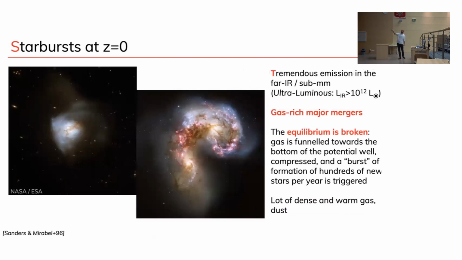In the local universe, you saw already this picture, just rotated in a different way. This is another one. Basically, all the local starbursts, strongly star-forming galaxies, come out of gas-rich mergers. They're very bright in the infrared. They're very dusty. So that's why it's easy to detect them. And the idea is that you might have some equilibrium that's broken. For example, you have merging galaxies that have a burst for maybe 100 million years or something like that. And you do have a lot of density there. Okay, we heard how this could work in a much more detailed way.